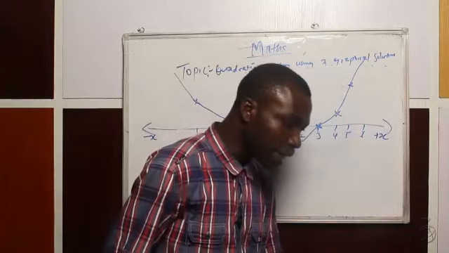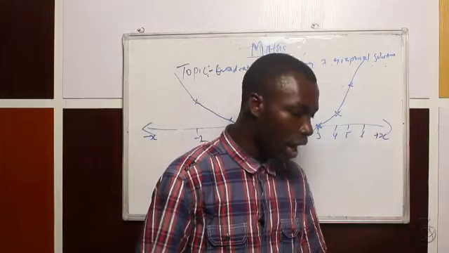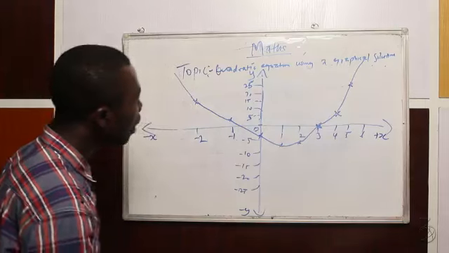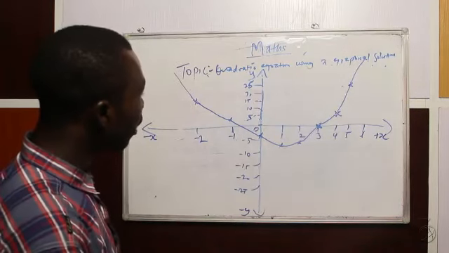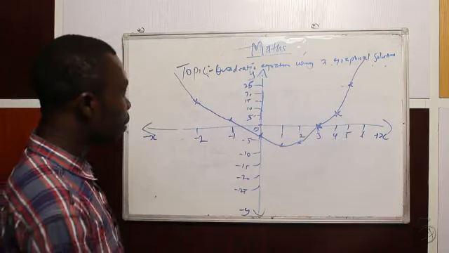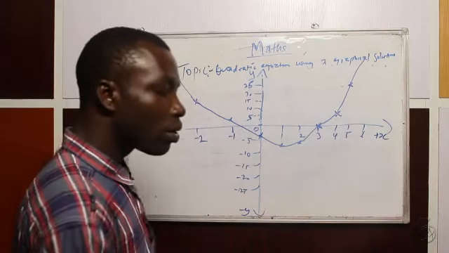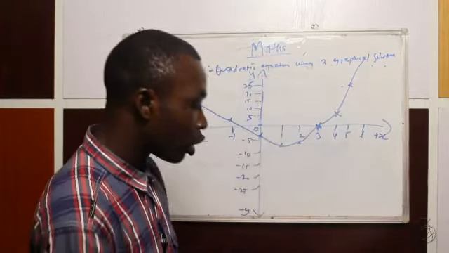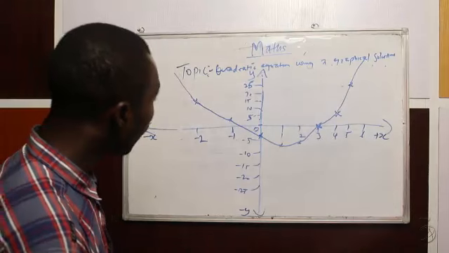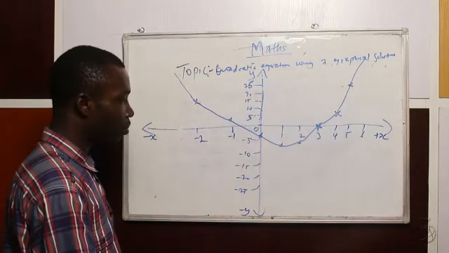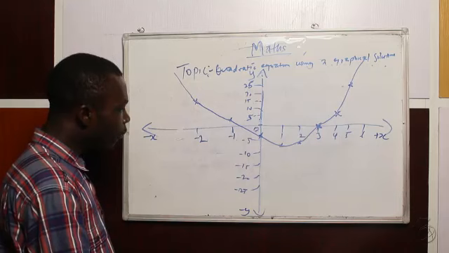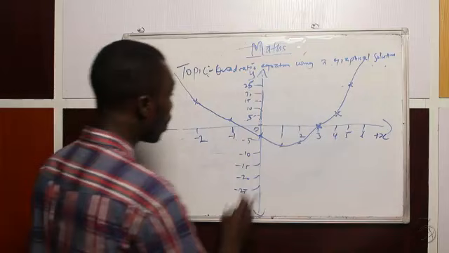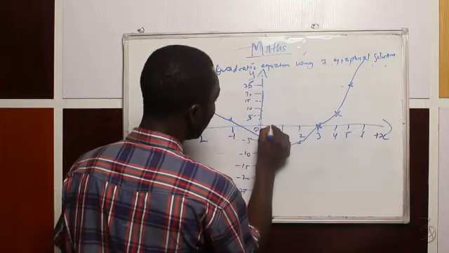Now, that is how we can draw our graph. I want us to look at this graph. This is a graphical solution. One of the ways by which you can find your answer to the B part is that your graph must be correct. Look at the B part of the question now. So as to proceed, find x when y equals 0. When y equals 0, you trace your